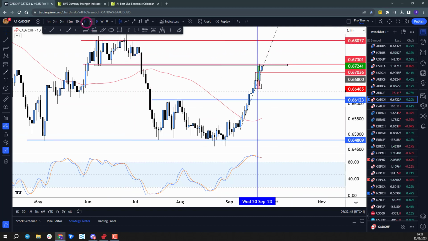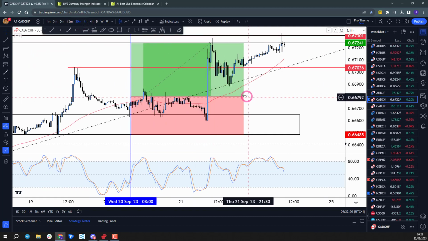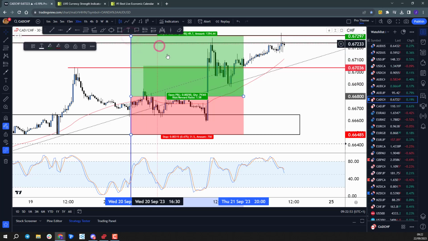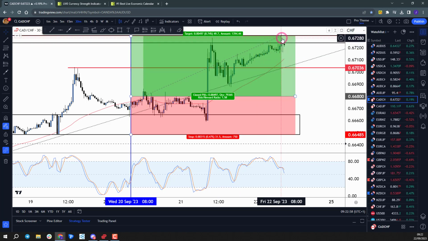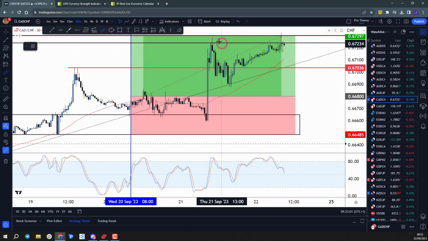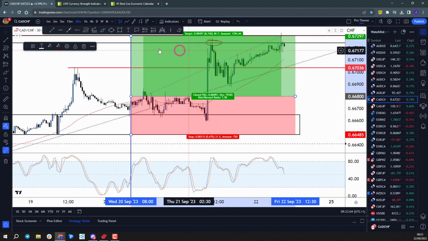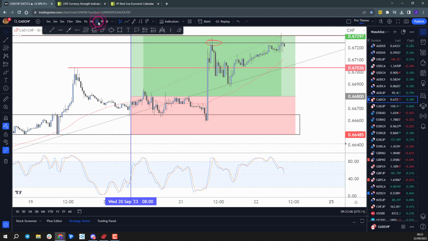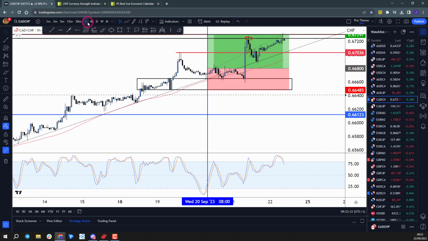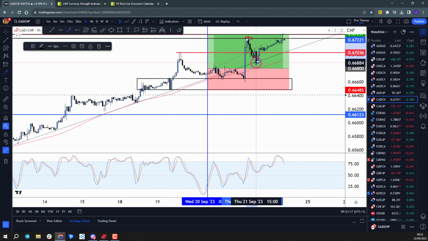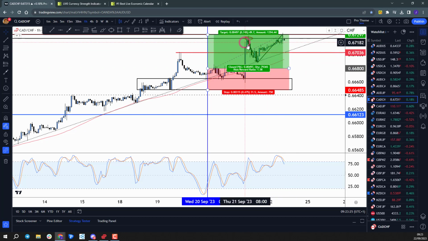Now, CAD Swiss has hit full targets. If you did hold this for longer than I did, and you went for the 1.5, 1.6 targets, then you would have profited from that. Obviously, I got out just here as price came into that level. I was happy with the profits at that point. It was the daily chart level of resistance, so I didn't want to push my luck, and it looked like I was right for a good while, because it retraced quite aggressively back to this trend line support. We did have stops at break even anyway, but that would have been a test of the mind,